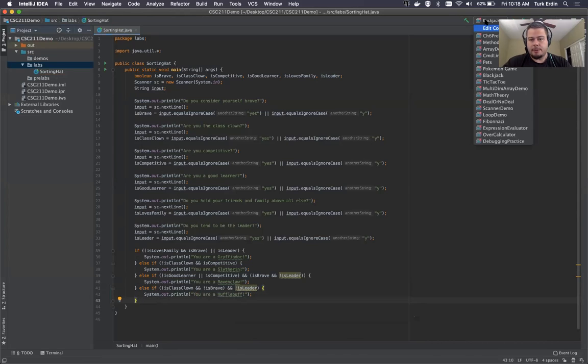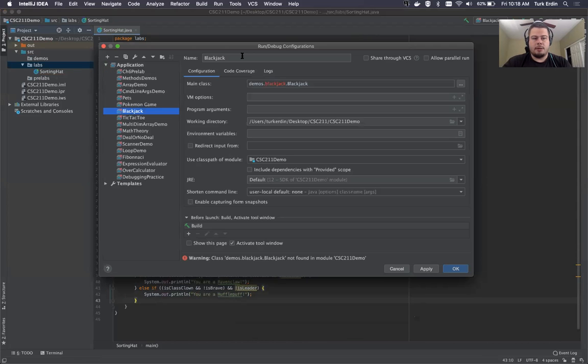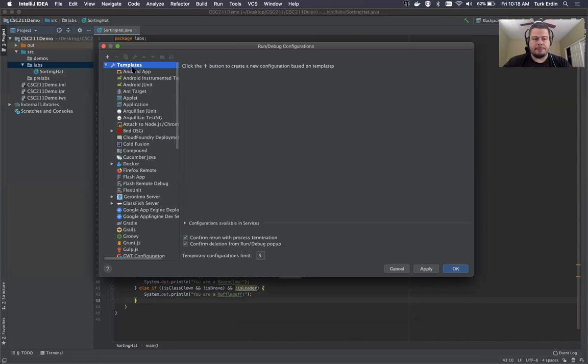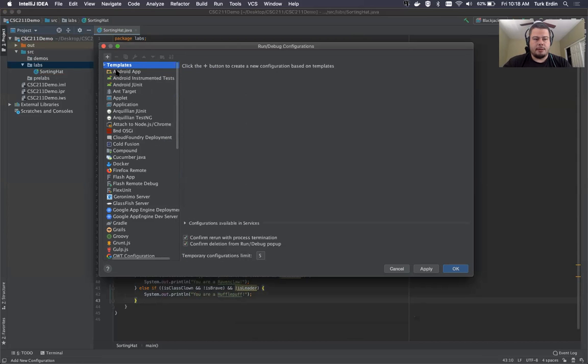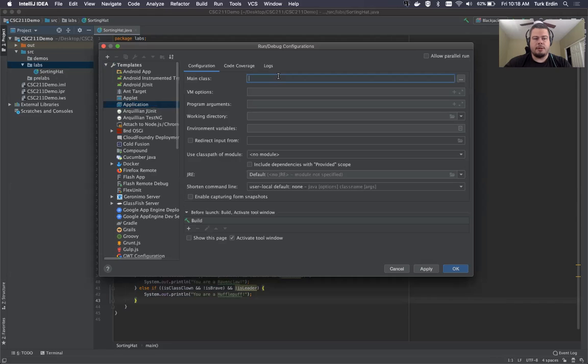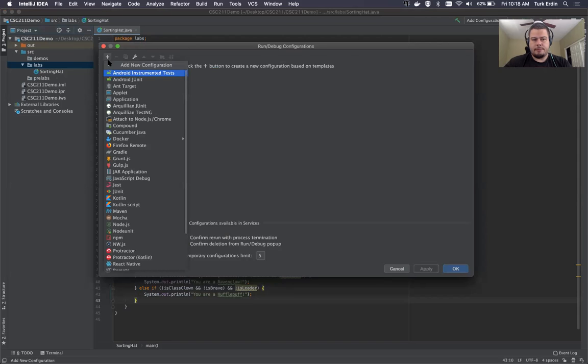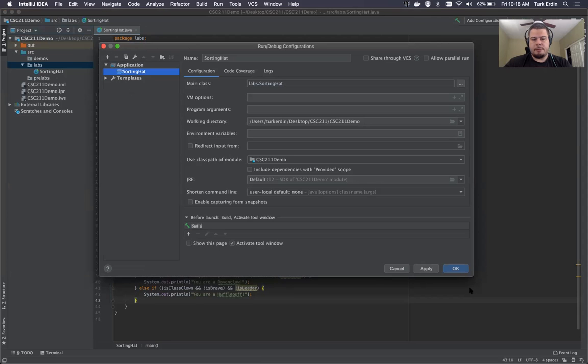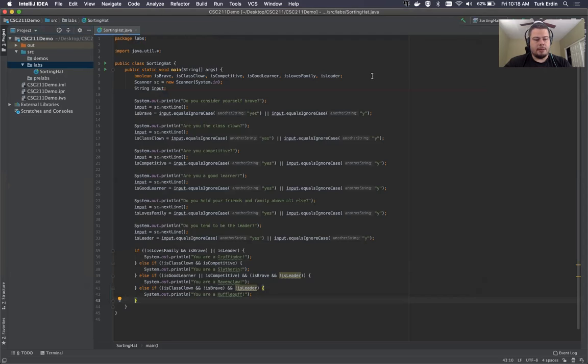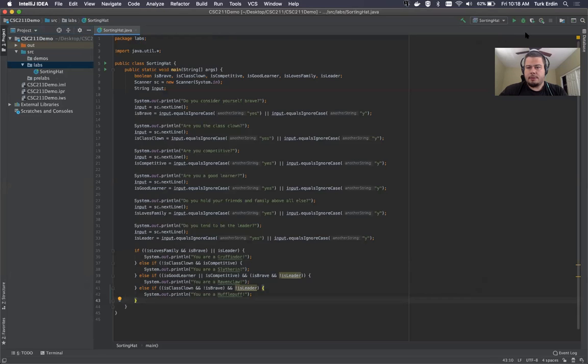So let's go ahead and give it a quick run. Is there a way to delete all of these at once? Awesome. Application. Sorting hats. Okay. And if we go ahead and move these down, and if we run this,